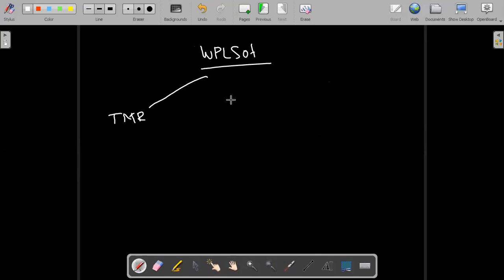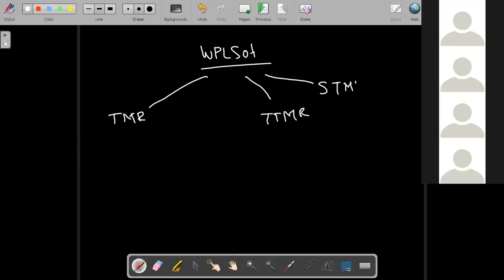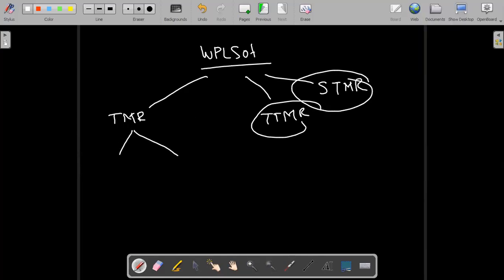In addition, in WPL Soft we have something called the T timer and S timer. This is a special timer and a teaching timer. These are extra timers that are available in WPL Soft. First, we'll see two basic timers: one is an on-delay timer and the second one is an off-delay timer.